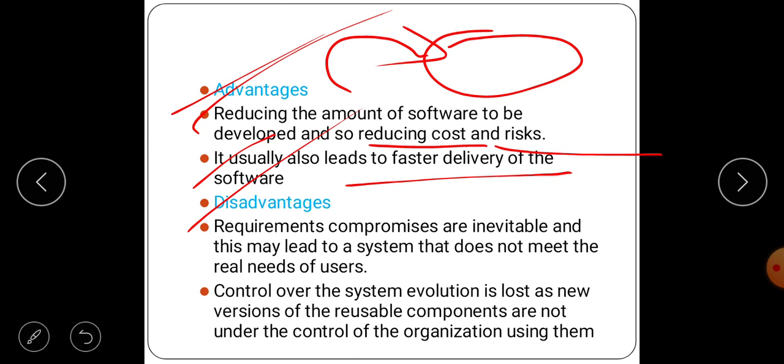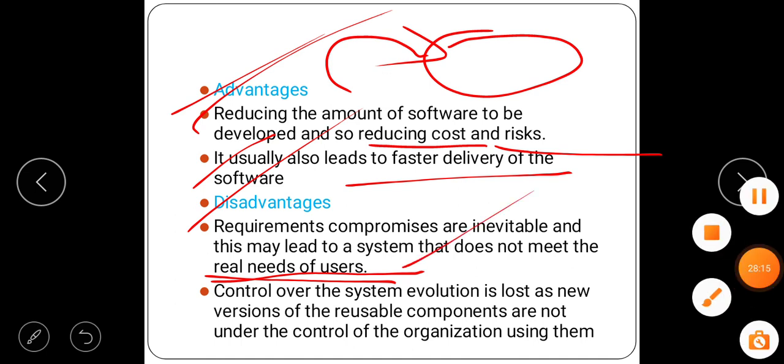We modify the requirement specification only, because we are not going to get the reusable components. Based on the components we get, we modify the requirements. So here we lose the real needs of the user. What the user actually gave as the requirement will change. So here the real needs of the user will be changed, because we are not going to get reused components as per the earlier requirements of the customer. So here requirement modification will happen.